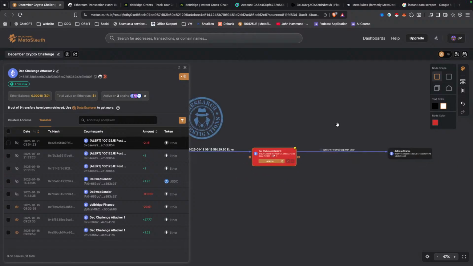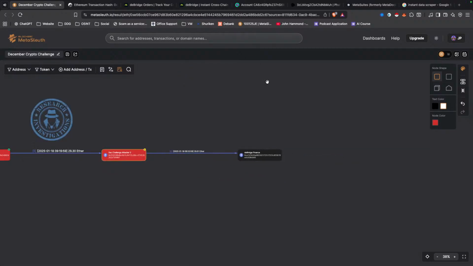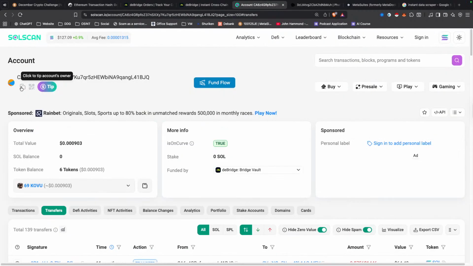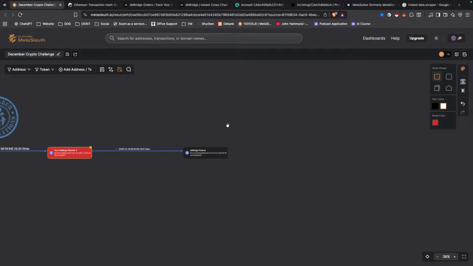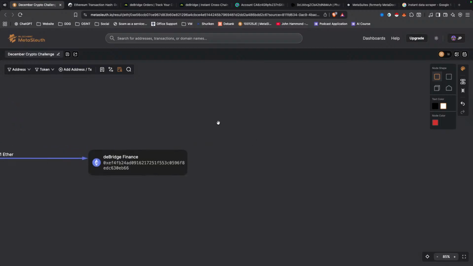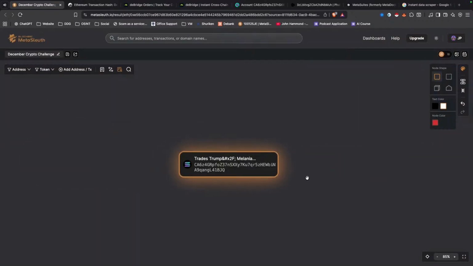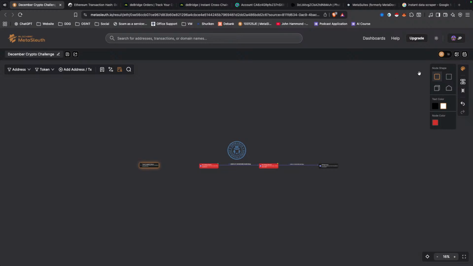Okay, let's quickly update our chart. Let's go back and make sure that we've captured everything that we need to capture on the chart, so we can visually follow this. I'm just going to add the address. I'm going to go Solana, add that in. What happens is that it moves it first.